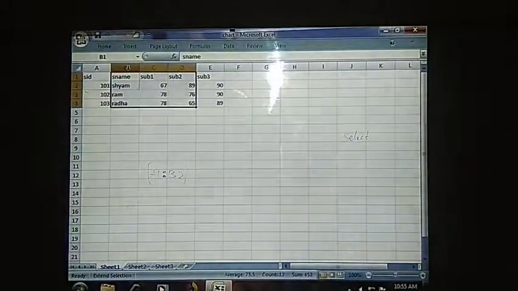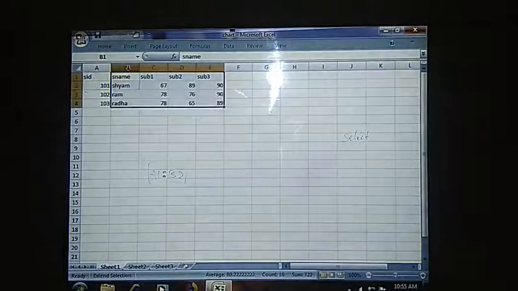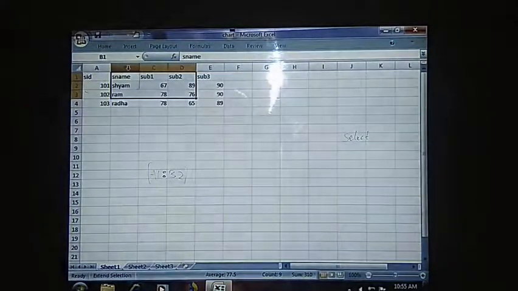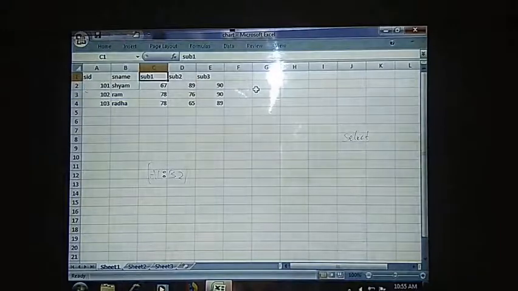I am not using the Shift key here. I went to a cell, pressed F8, and then without using any other keys, just used the arrow keys. Like this you can select the part. To come out from the selection, I press F8 again. If I press the cursor control keys or click, I will come out from the selection. By using F8 also you can do the selection.